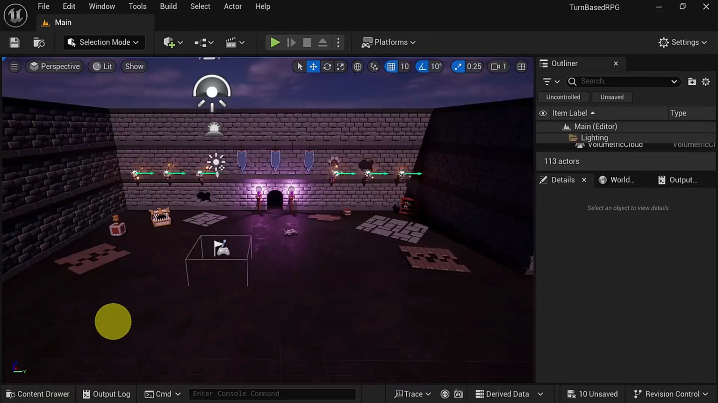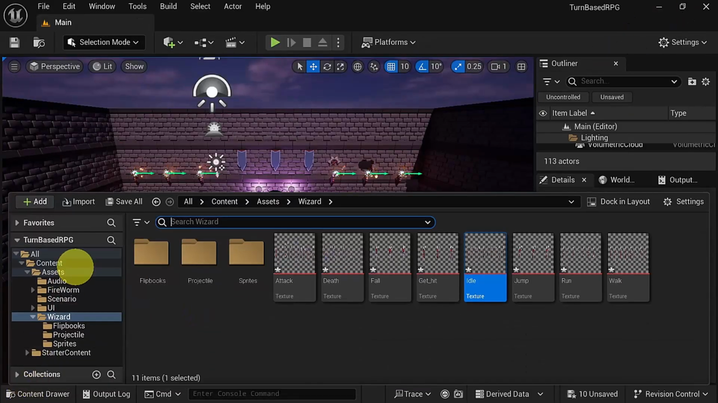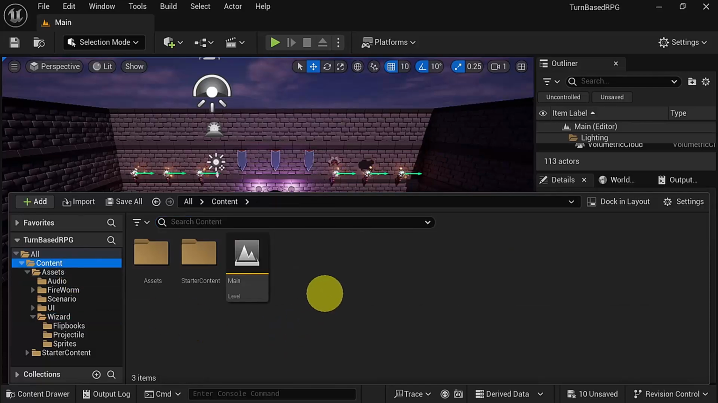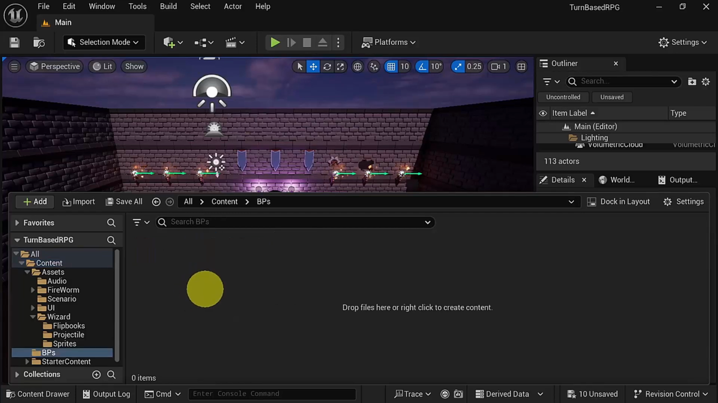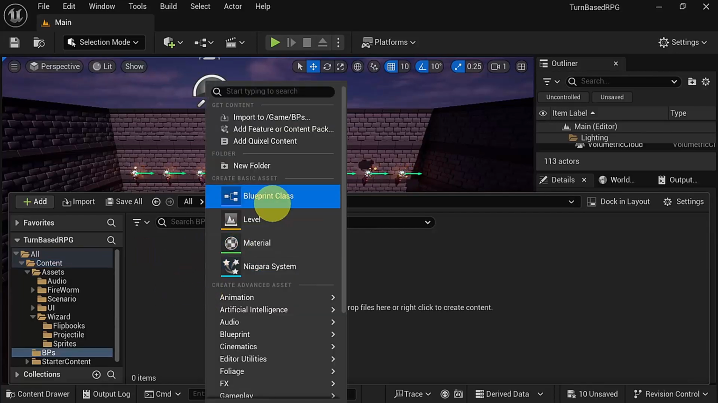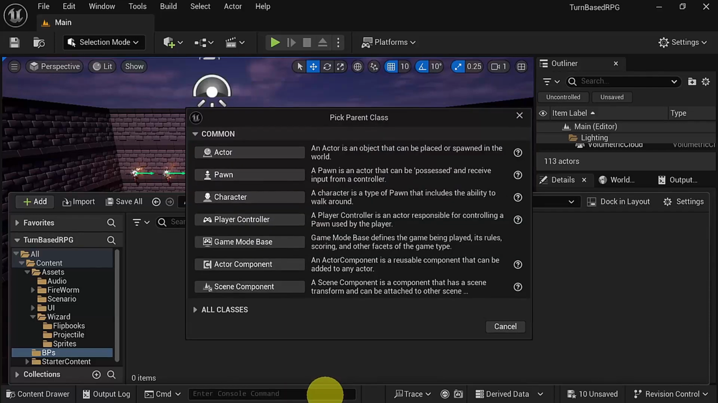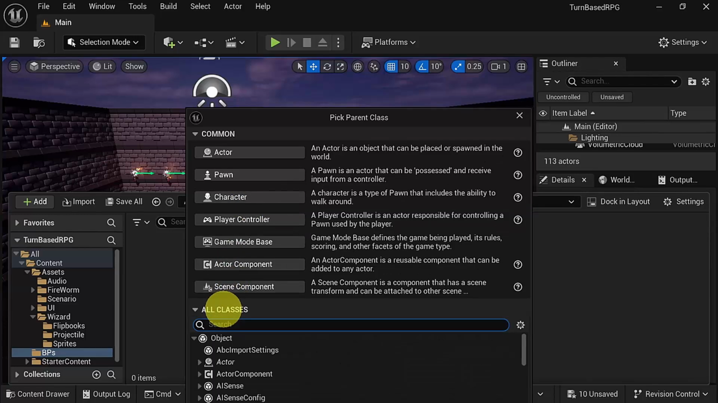Okay, now here in our content drawer, in content, let's create a new folder, and let's name this one BPs, BP for blueprint. Double click, and here right click, and let's create a new blueprint class. These are the most popular classes that we can create with Unreal, and for our character we may want to use the character one. But since we are using sprites, let's click here in all classes